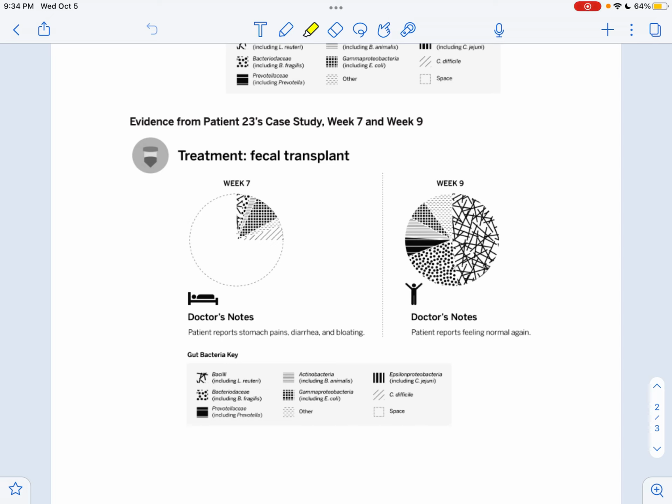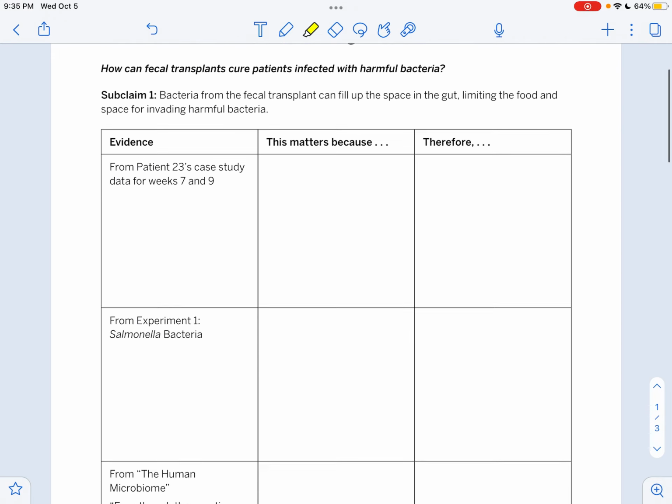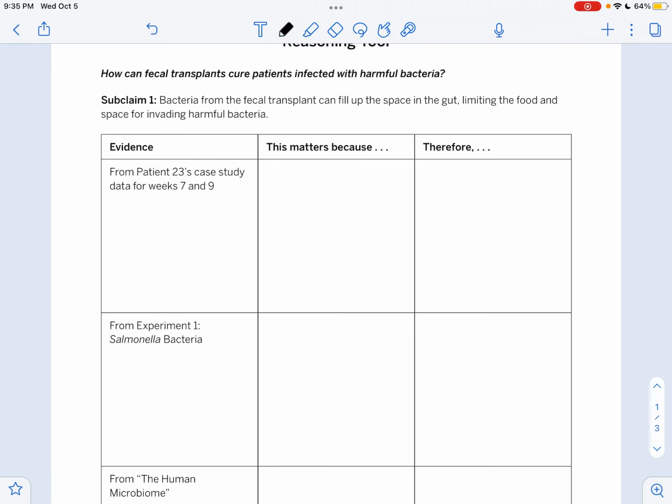We can see in the graphs that the fecal transplant added more bacteria to the gut. In week 9, there's far more bacteria in the pie chart as compared to week 7, where we see lots of empty space. What that tells us is that more space in the gut was taken up by healthy bacteria, which might have prevented C. diff from growing. So, in my reasoning tool, I'm going to write, "This matters because the fecal transplant added more